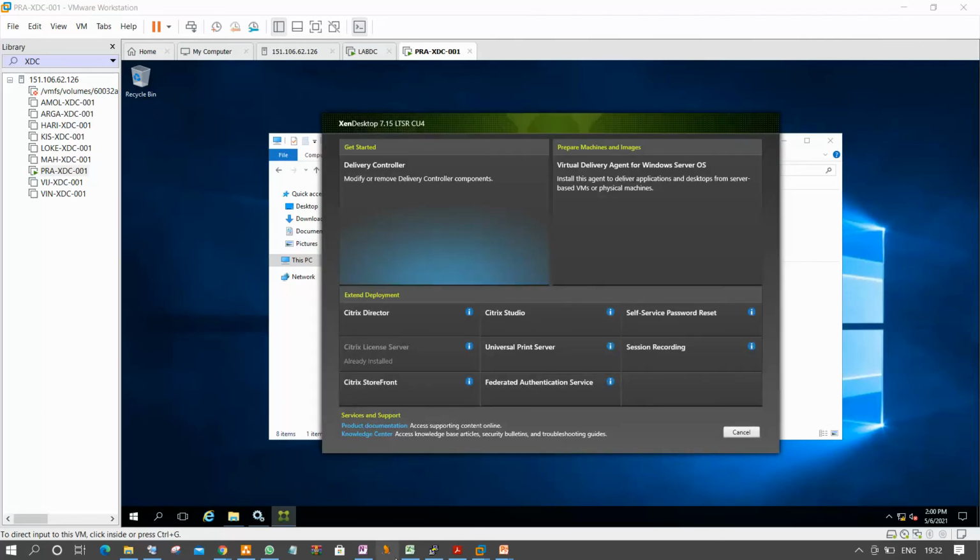See here, what we need to install: Citrix Studio. Citrix Studio is not a server, it is an application. It is an application for managing the delivery controller. Without the Studio application, we cannot manage the delivery controller service. You can install the Studio application not only on the delivery controller, but on any machine in the network, either server or desktop, as you wish. Understood?